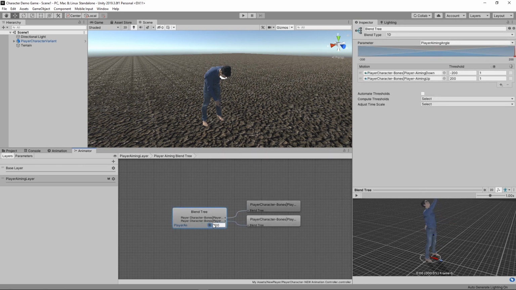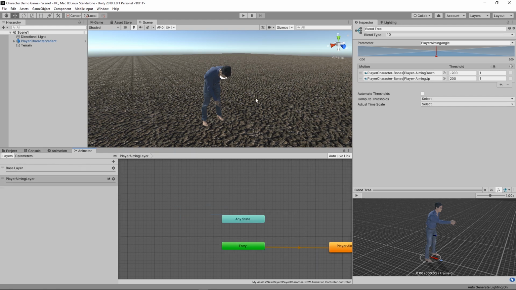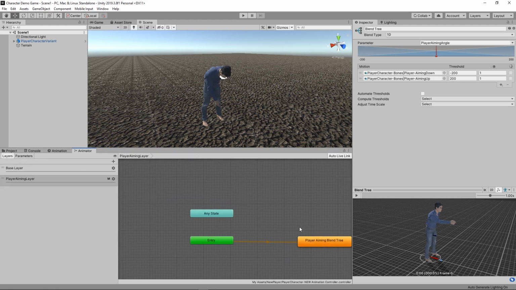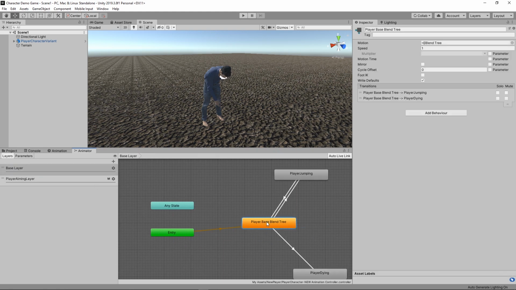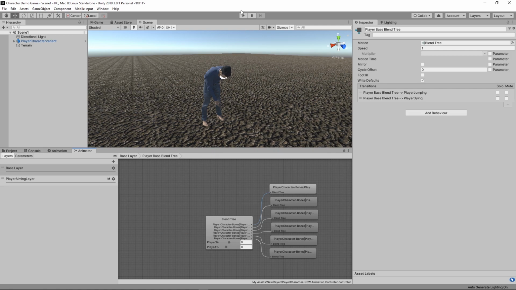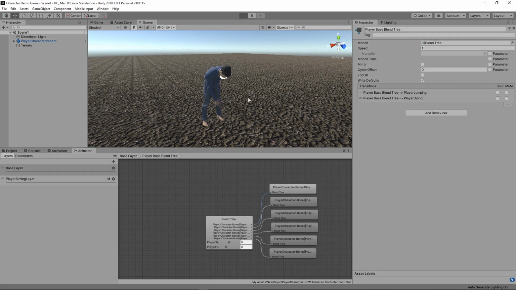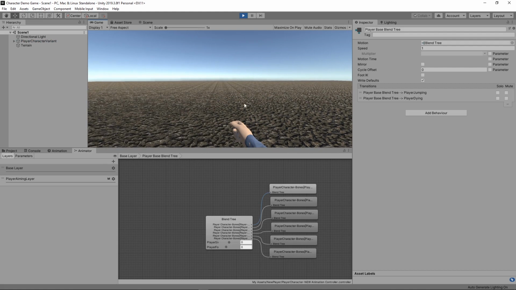So now I'm going to go back to my animator here, and I can see as I slide this, it's going to move my character up or down. It's kind of interesting that he's faced like this right now in the base layer, but that's okay. So he should go straight to idle when he drops. Boom. Now I can't move anything, I can't do anything, but the character is essentially set up at this point